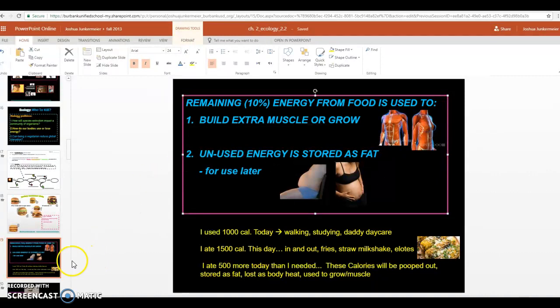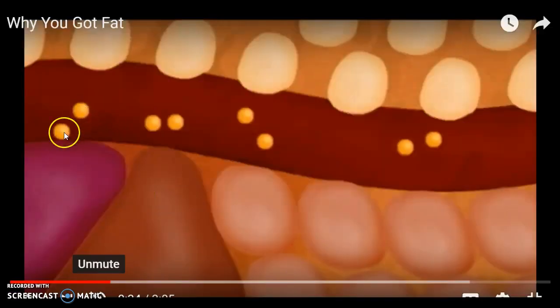Okay, so let's take a little journey. Stay with me. Assuming you aren't exercising and using up every little bit of energy, you'll always have a little bit of glucose in your bloodstream. These little golden circles, these balls here, are glucose. Now, let's assume this is your artery. Your heart's pumping blood through your body, and the artery is allowing the blood to transport this glucose to whatever cells your body may need. Well, if you're not exercising enough and your body isn't in big demand to use that energy quickly, it'll take these extra glucose, the carbohydrates from what you ate, and store them in these special cells right here. These are fat cells. And fat cells' job is to store it for later use. It's a way to prevent starvation.